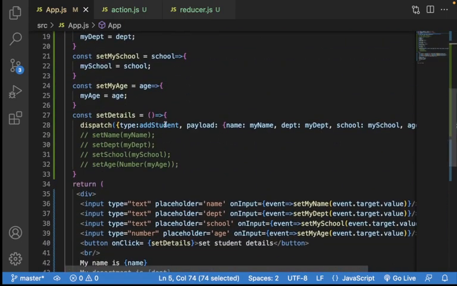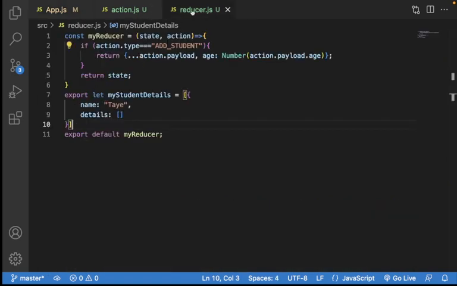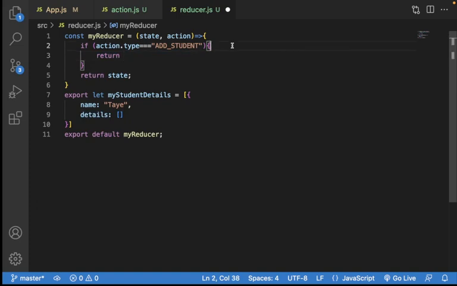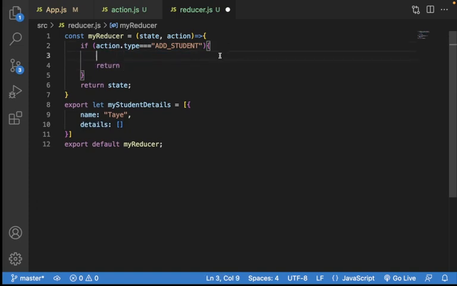So let's come to this place that we are dispatching payload. You still dispatch your payload just like before. So let's now come to our reducer. Inside this reducer, you want to change the value of this name to whatever the value of name is, but you want details to be that with name and all of that. So you can still write some simple logic here. You can say, let, just call it results, equals to,